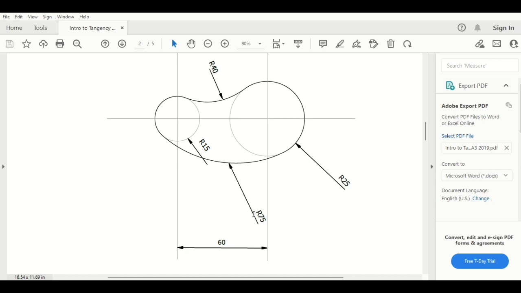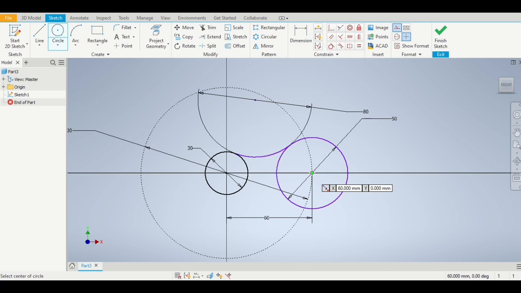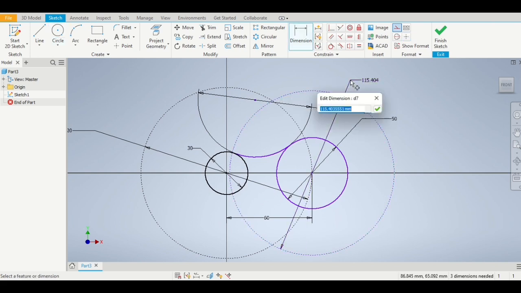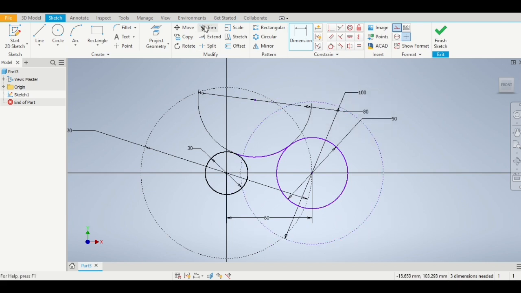Then the second circle that we need to draw is going to have a size of R75 take away R25, which is R50, or a diameter of 100. That will give us our second circle to give us that crossover point, which then acts as the centre point for the R75 arc. All that's left for us then to do is to trim off the outside of both